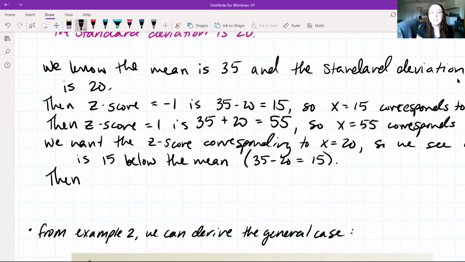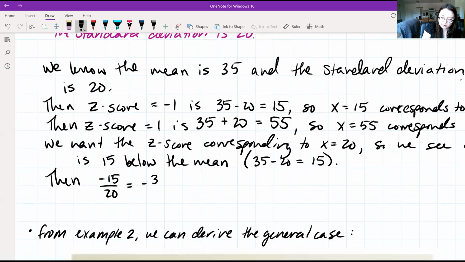And we see that 15 is below the mean, or this value of 15, which we know corresponds to x equals 20. We say then -15 divided by 20